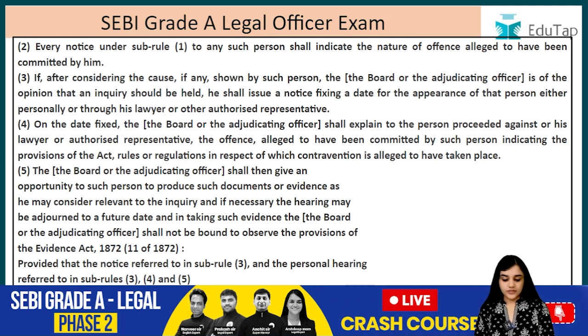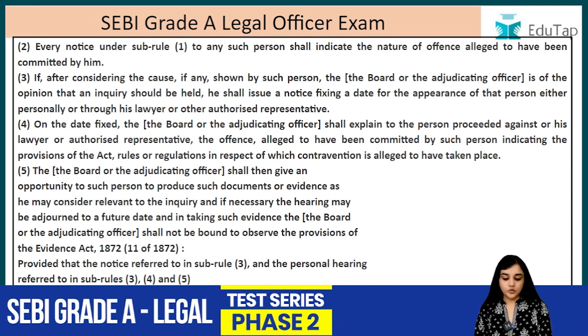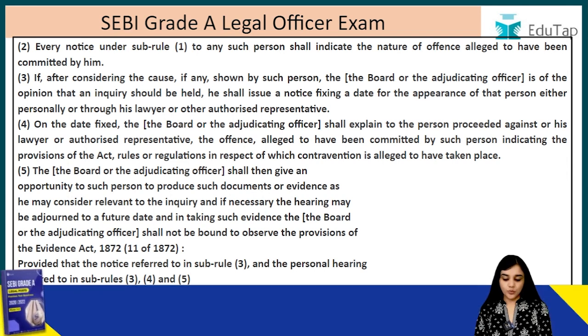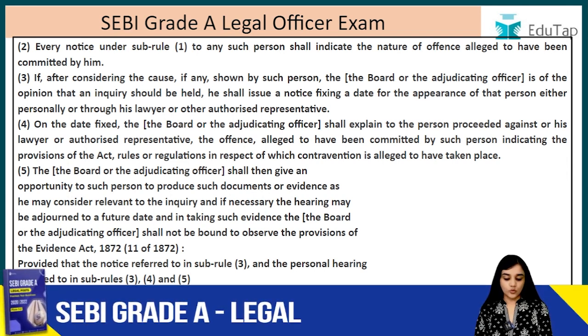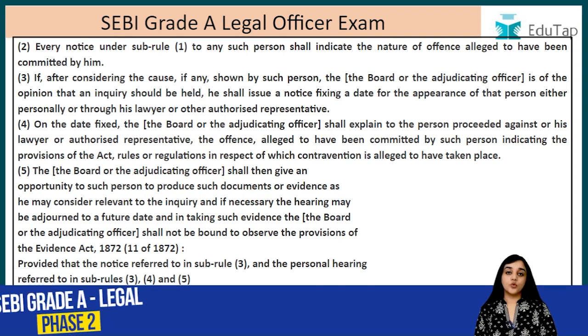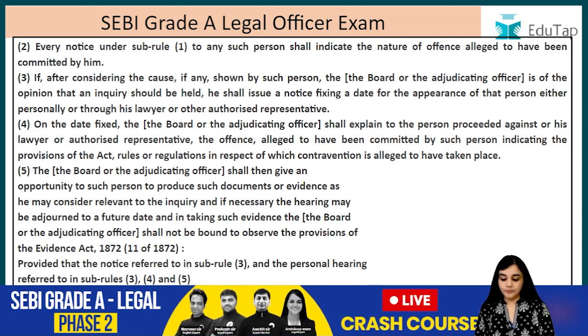The board or the adjudicating officer shall then give an opportunity to such person to produce such documents or evidence as he may consider relevant to the inquiry, and if necessary the hearing may be adjourned to a future date, and in taking such evidence the board or the adjudicating officer shall not be bound to observe the provisions of the Evidence Act. So now the person can be asked to bring some evidence or documents, and in considering that evidence the board or the adjudicating officer are not bound by the provisions of the Indian Evidence Act,